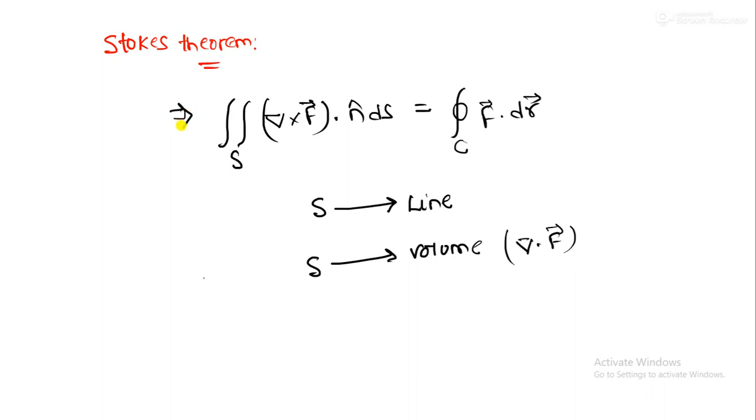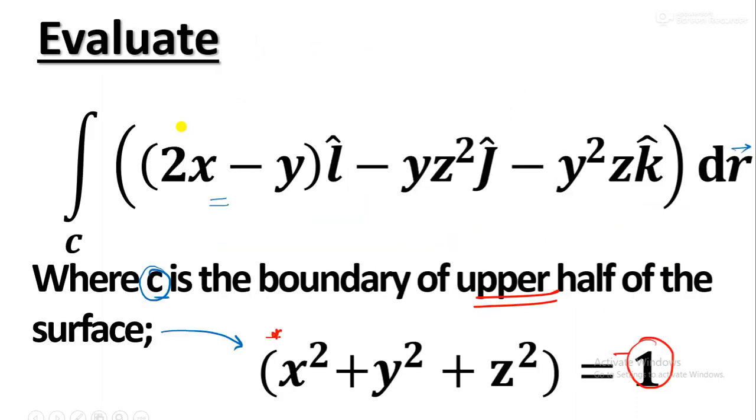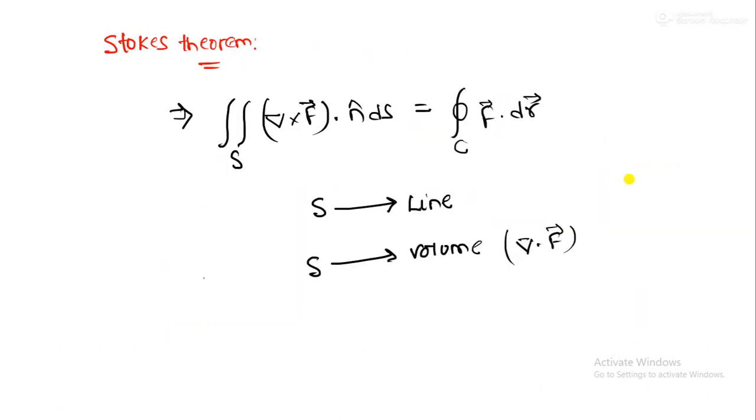Okay, so moving further, this is the Stokes relation. What is the vector field F? It is given as F = (2x - y) i - yz² j - y²z k. So on putting, what you will get is,